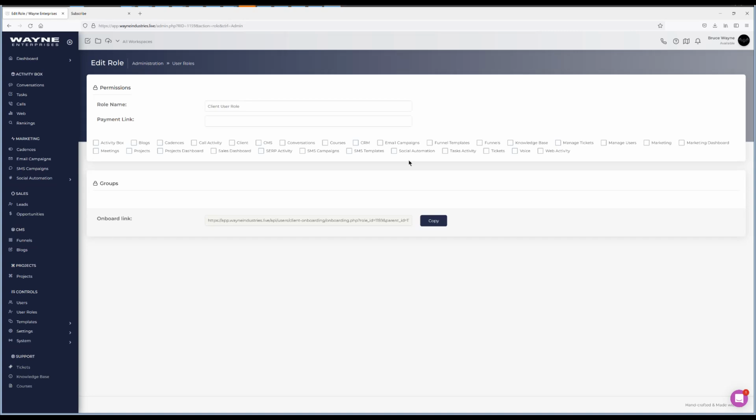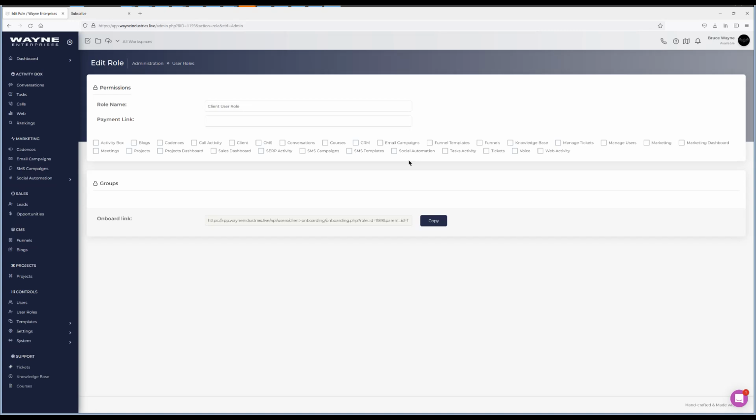So, in this case, I'm setting up a client user, and the use case for this could be I'm a marketing agency and I need to build them their website. I need to set up automation. I need to set up their CRM so they can manage their leads that come in through the system. I need to build websites for them. So I'm going to give them access to everything. I also want them to create tickets within the platform. I may be setting up a call tracking line, may allow them to use the VoIP system. But all of this sits underneath my brand as my client,